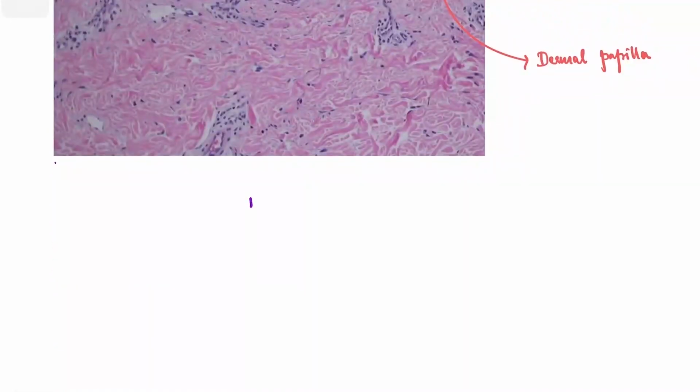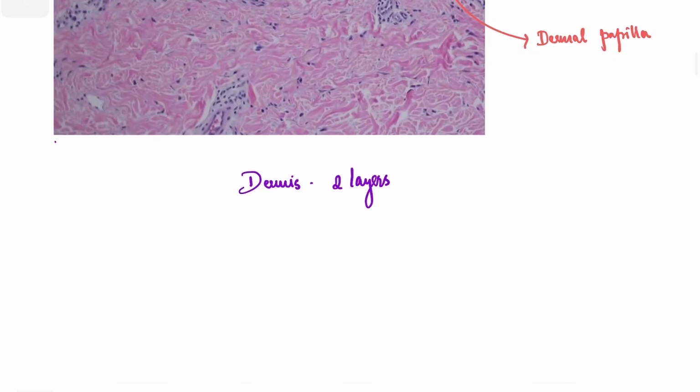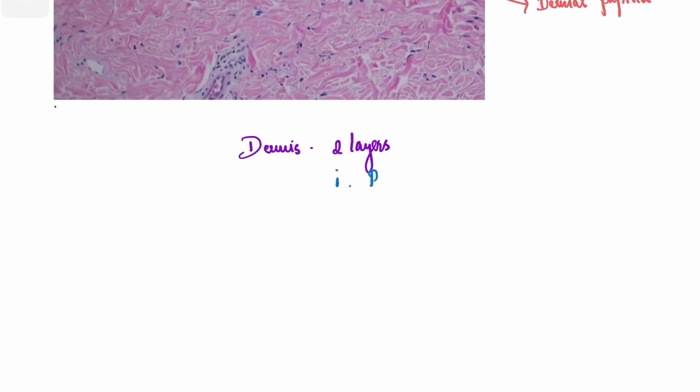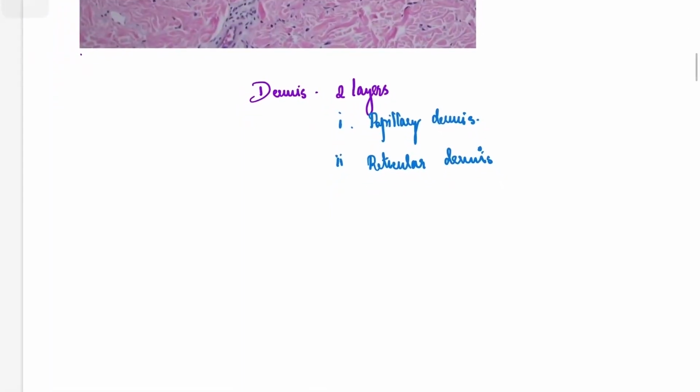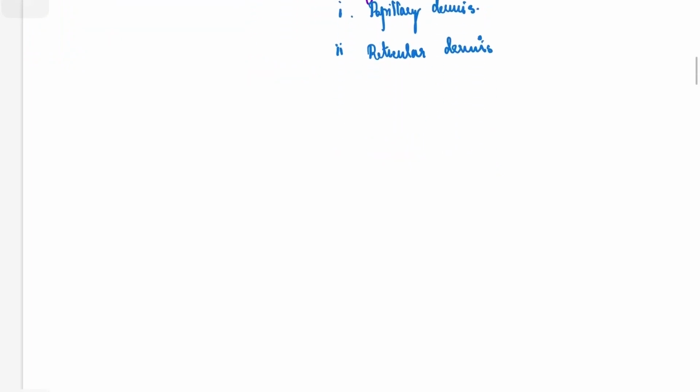In the dermis, you see two layers. First is the papillary dermis, which we saw now, the upper projections of the dermis into the epidermis. And second layer is the reticular dermis. And what does the dermis contain? The dermis contains the appendageal structures embedded in it. So what is the dermis made up of? Dermis is made up of three things: